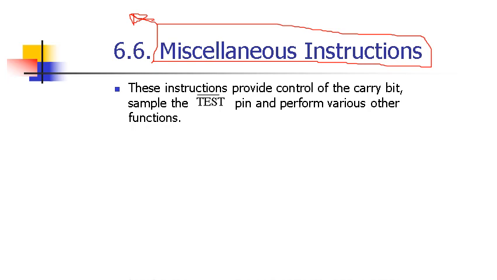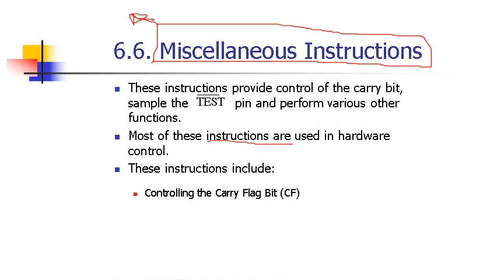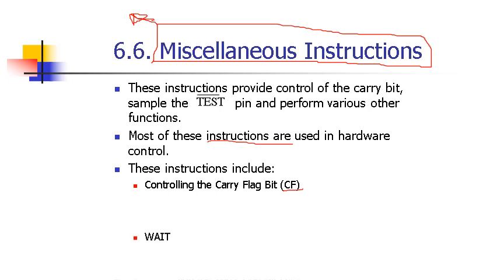Additional instructions for the user to ease his life in programming the system. And most of these instructions are used in hardware control, and they include the carry flag bit. They control the carry flag bit, the wait instruction,